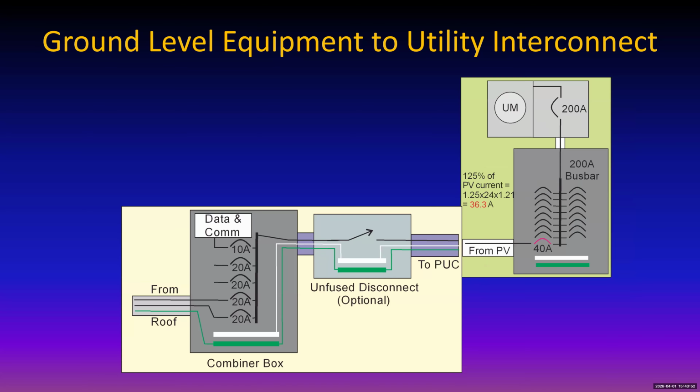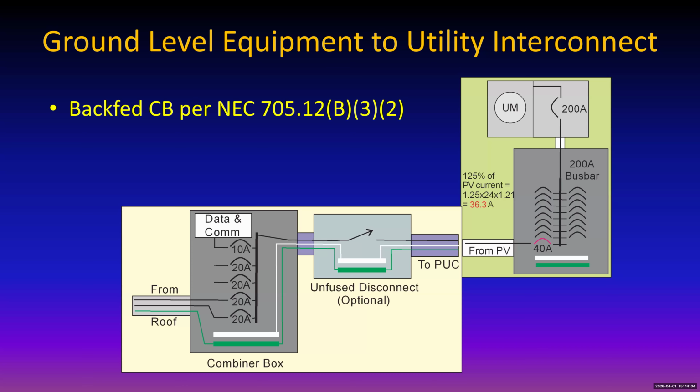Well, there's a number of different ways. This is one way. As long as 125% of the photovoltaic current, which is 36.3 amps, does not